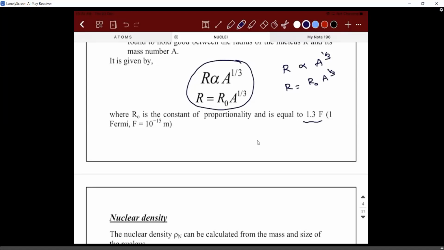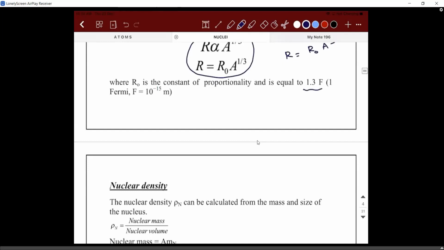When you speak about nuclear size, R is equal to R naught into A power 1 by 3. So what about density? Density of the nucleus. What is the formula for density? The nucleus is assumed to be a sphere. Density is mass by volume. Mass of the nucleus. Who contributes to the mass of the nucleus? Protons and neutrons. Both are there inside, right? And they have the same mass. So I wrote A, that is the number of nucleons, times the mass of each nucleon.